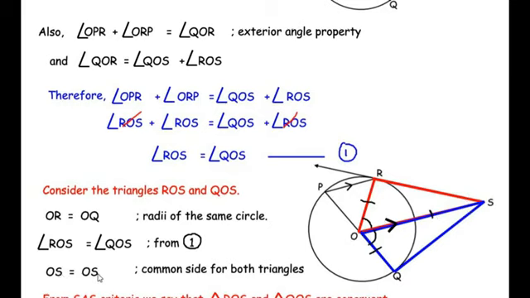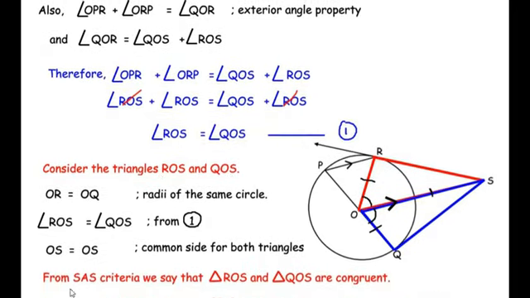So we write OS is equal to OS, common side for both triangles. So now we can say that the triangle ROS is congruent to triangle QOS. So from SAS, that is side inclusive angle and side criteria, triangle ROS is congruent to